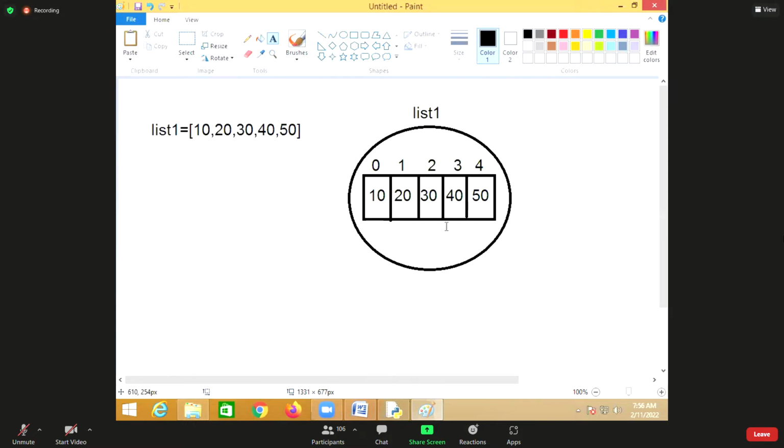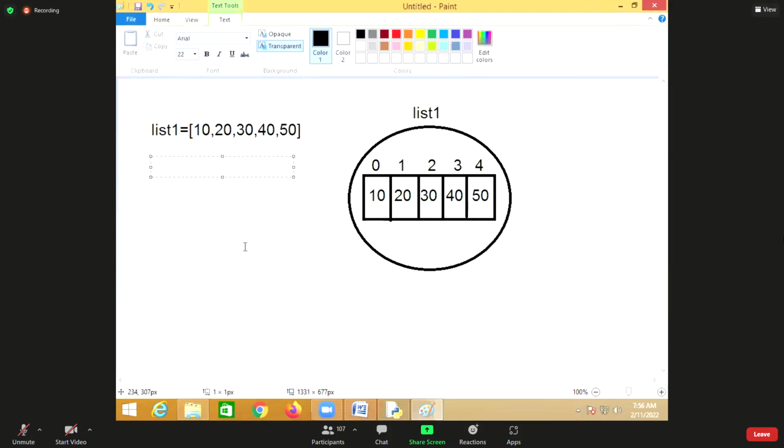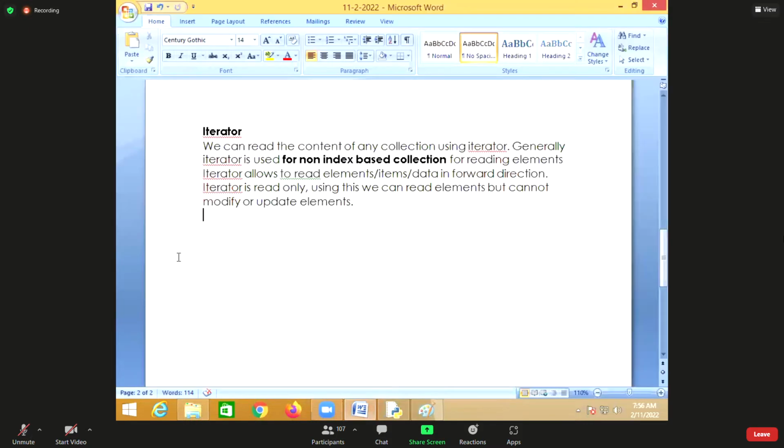I can read more than one element using slicing. You can also read it by using an iterator. For that we use the iter function, iter followed by an iterable. So this iter function